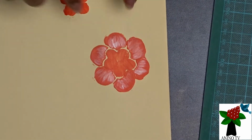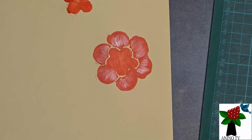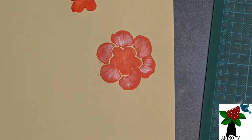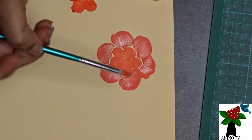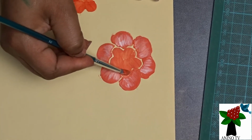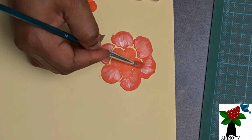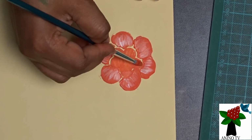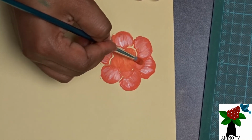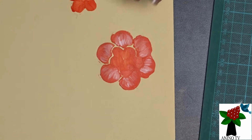But I'm going to leave the middle, the smaller petal, like that. And this space here, I'm going to just dab it in, color it fully. Because the upper petal is going to cover it, and we don't want that yellow part showing, or the cream part of the